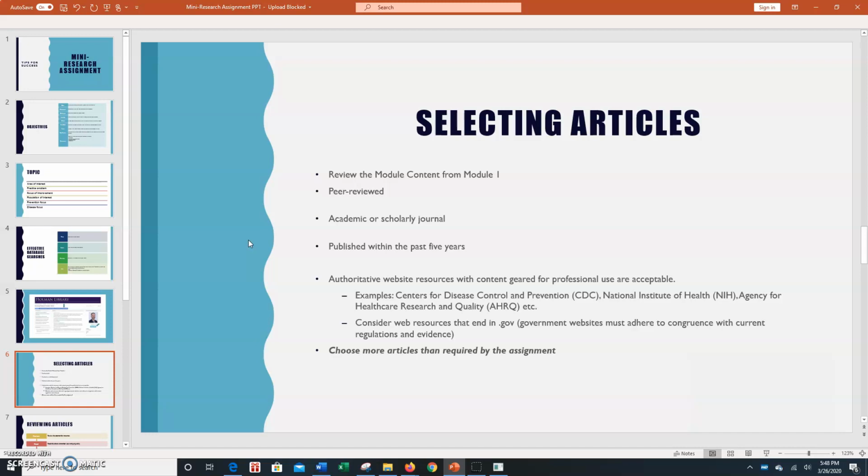You'll want to make sure that you have peer-reviewed research or peer-reviewed articles from an academic or scholarly journal, and typically it's best to have them published within the last 5 years because that will give you the most recent evidence to actually consolidate and use as you're developing your little mini research paper. So you can also use some authoritative websites, and I do recommend that you consider web resources that do have the .gov, because with the government websites, they have to adhere to a high level of standard as far as making sure that the correct information, the appropriate information, and the information that follows the best evidence is out there